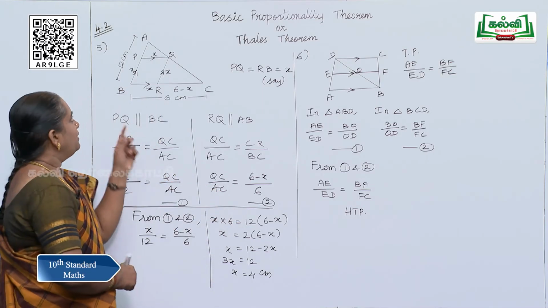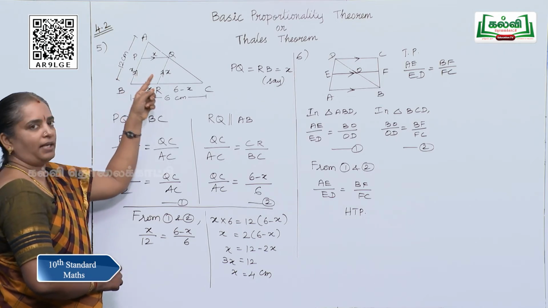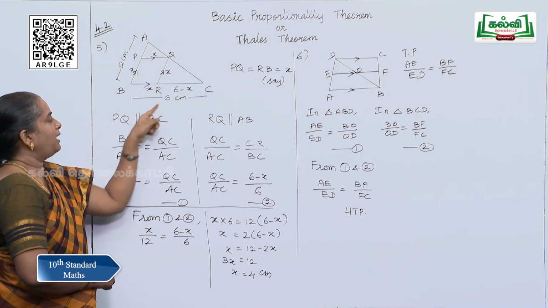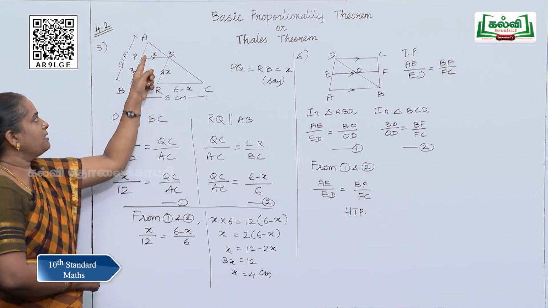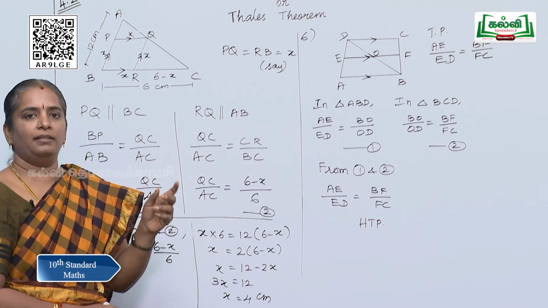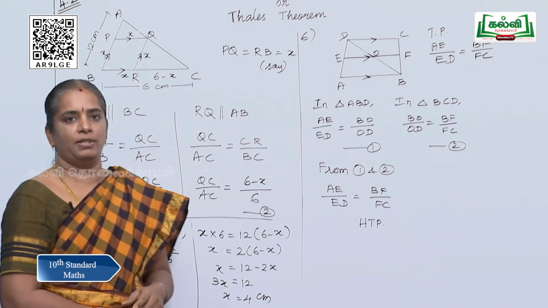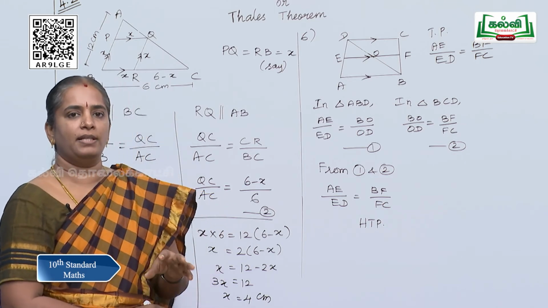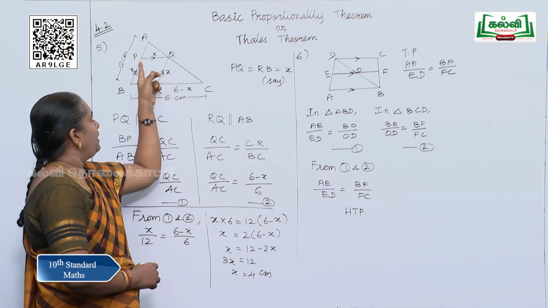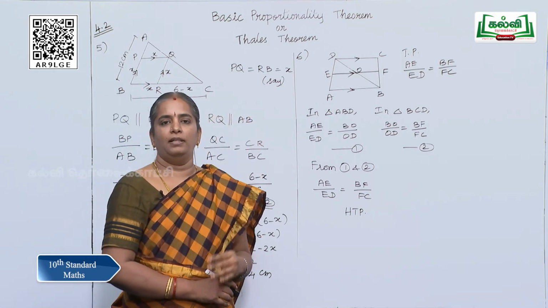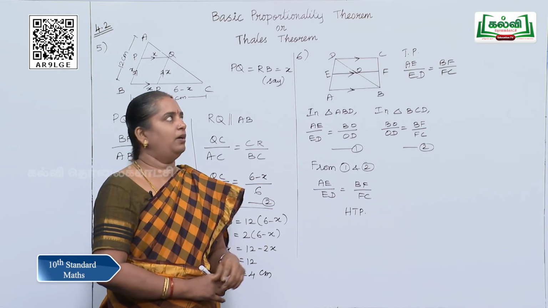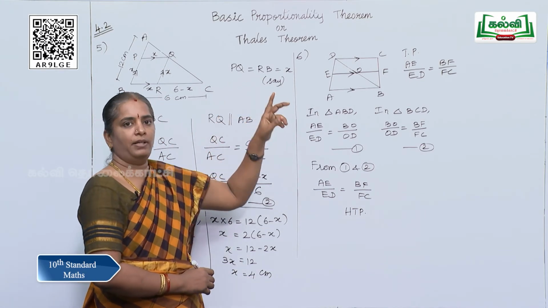In the next sum, they have given that a rhombus is inscribed in a triangle. So, a rhombus, that is PQRB, is inscribed in a triangle ABC. In this triangle ABC, B acts as a vertex common to the triangle and the rhombus. We know the properties of a rhombus. The first property says that all the sides are equal. So, BR, RQ, QP and BP are all equal. Let us name that side as X. We have to find the value of PQ and RB.